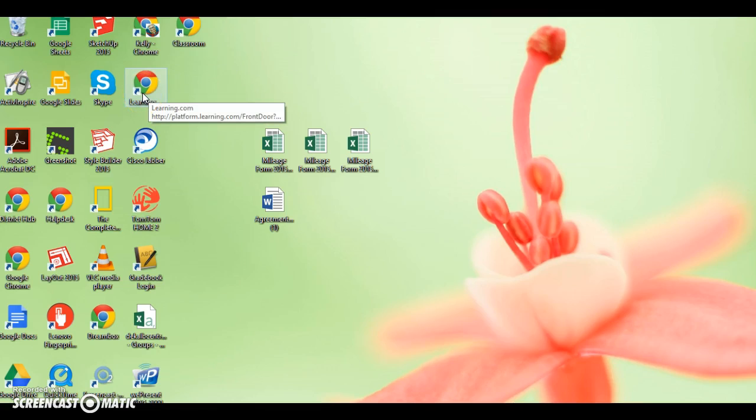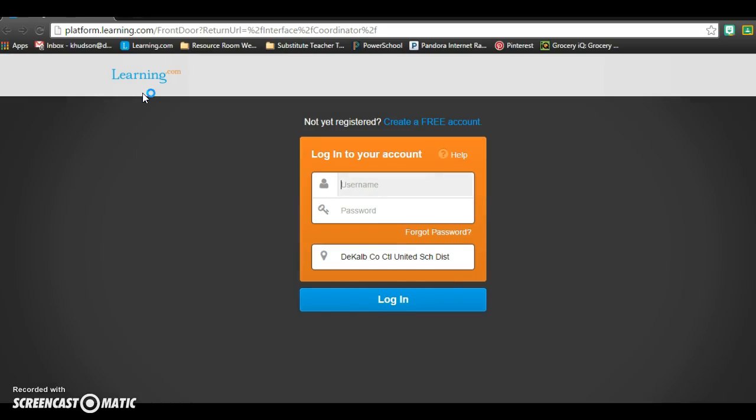So again, I'm going to find my learning.com icon on my desktop. I'm going to type my first initial, my last name, my number that's unique just to me. I'm going to make my @ symbol by holding down the shift key and hitting the number 2. I'm going to type my DeKalb Central, so I'm going to say my chant to myself. I'm going to say